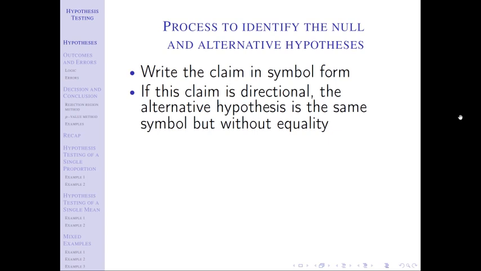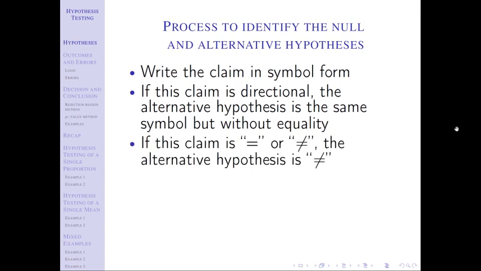Okay, so this is how to find the alternative hypothesis. If our claim is directional, then the alternative is the same symbol but without the equality. If the claim is not directional, which means equals or not equal, then the alternative hypothesis is not equal. And as we've talked about, I've listed them out several times, but I want to make sure you're on the same page here. There are only 6 different options for your claim. Your 6 options for the mathematical operator are equals, not equals, greater than, less than, greater than or equal to, or less than or equal to.